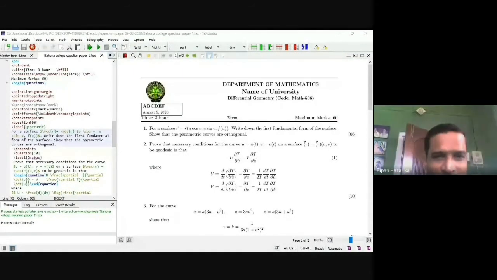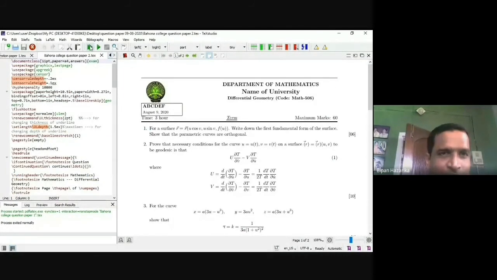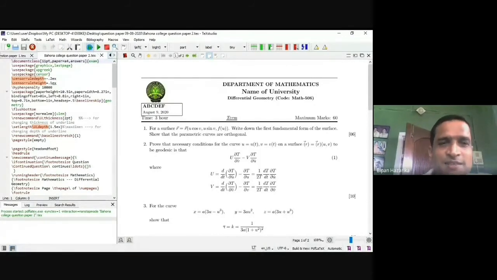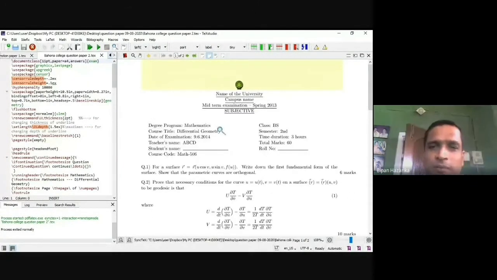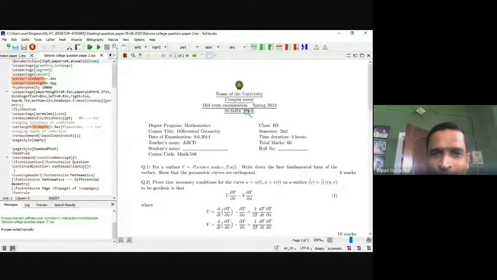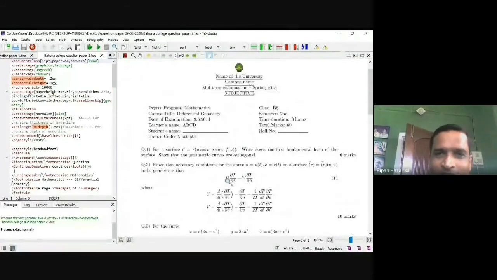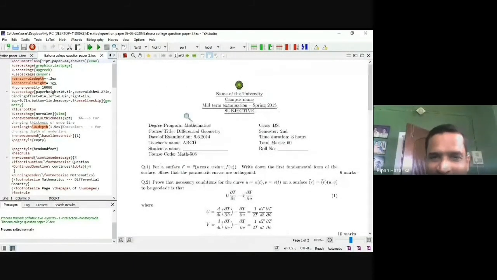See another question paper format. This is another format of a question paper. I run it. This is another format to write a question paper. So these are different. The body is the same, only how we set these parts. Previously, within two horizontal lines, between them we wrote the main body of the top of the question paper.